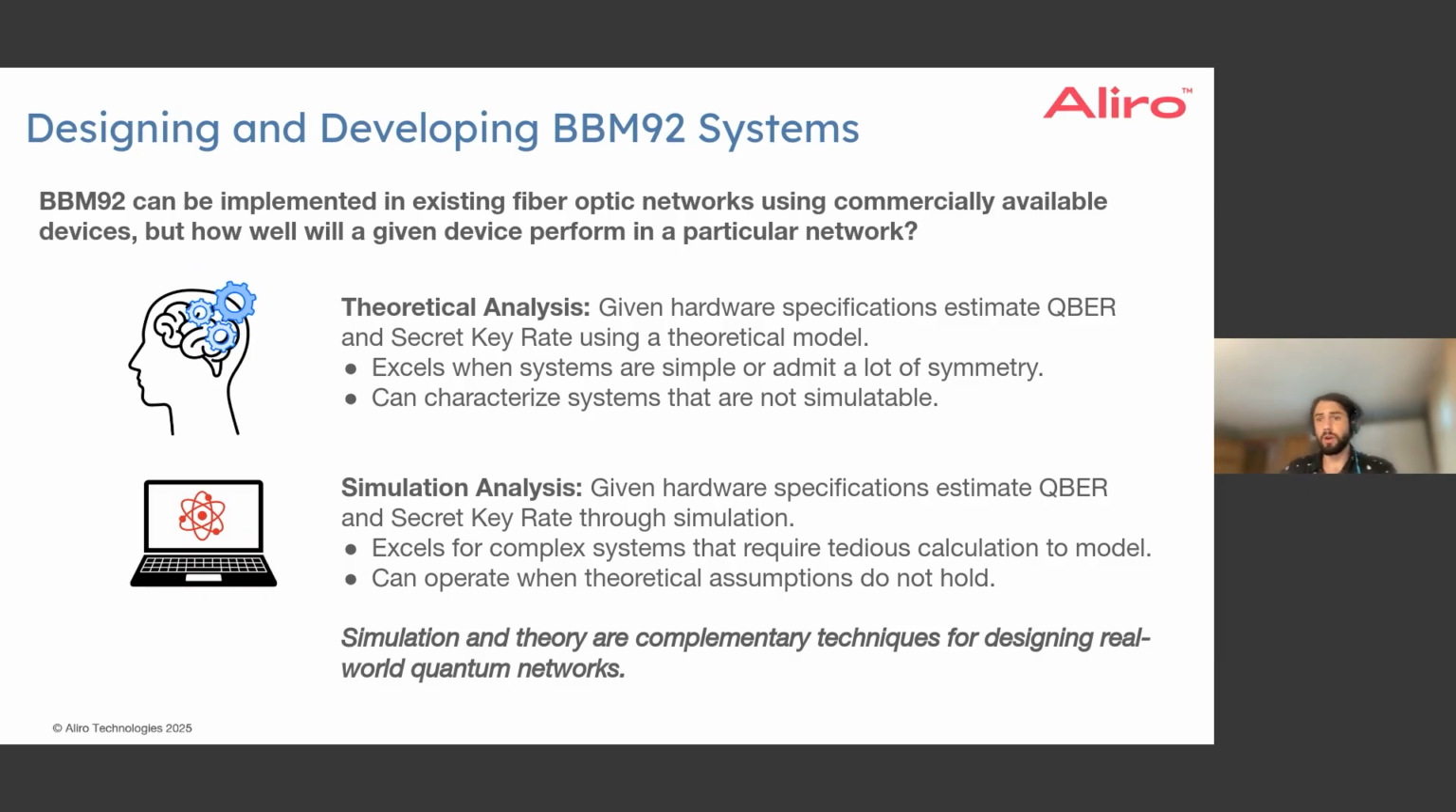Now, a lot has to go into the design and development of general QKD systems or BBM92 key distribution systems. And the first part is, where are we going to implement it? The obvious choice in many cases will be to use an existing fiber optic network and to plug in commercially available optical devices into that network. Once those optical devices are in the network, you can run it and you can start establishing shared secret keys